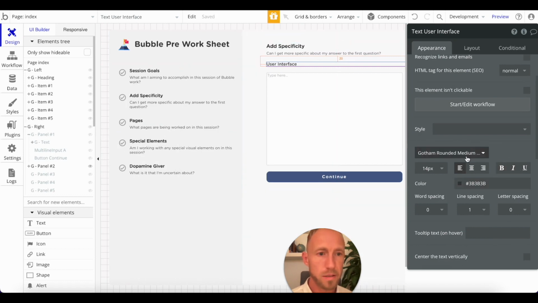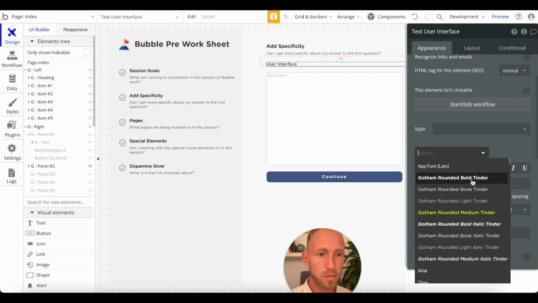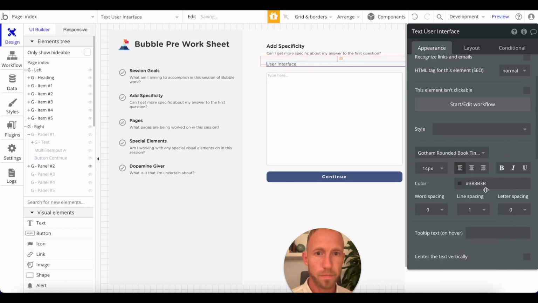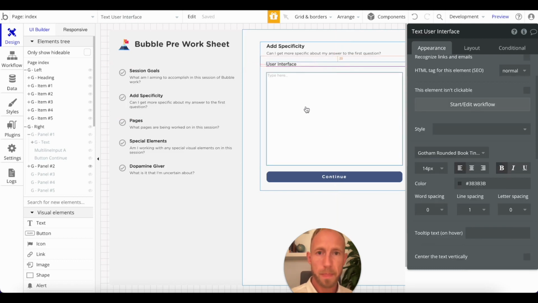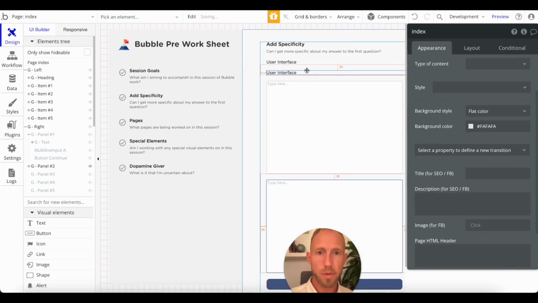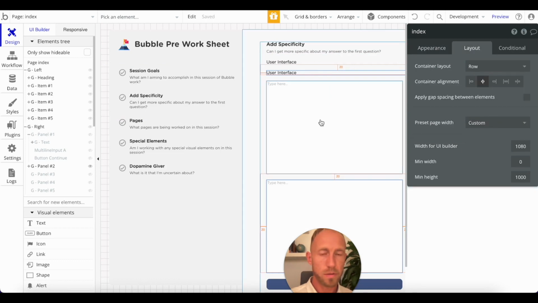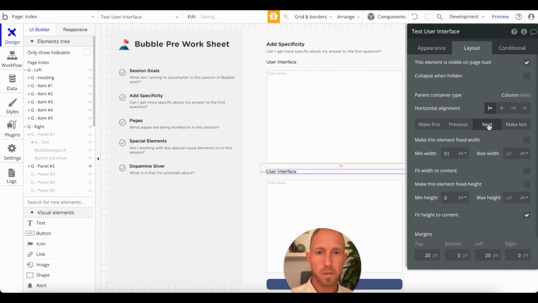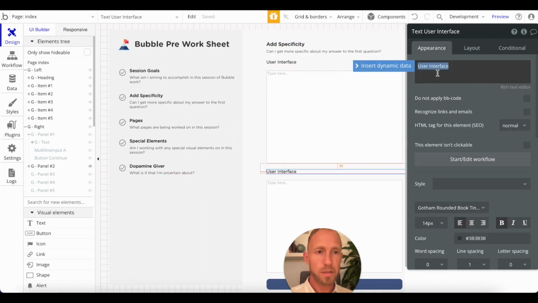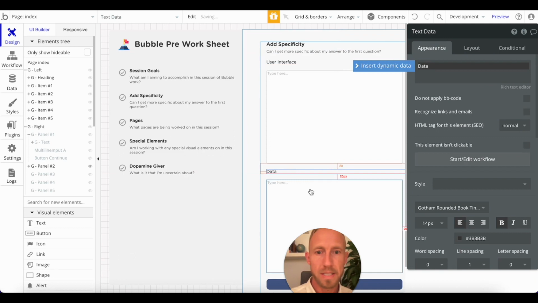Forget that. Gotham rounded medium, Gotham rounded bold. Cool, I like that. So now, just copy and paste 2 of those. So user interface, data,